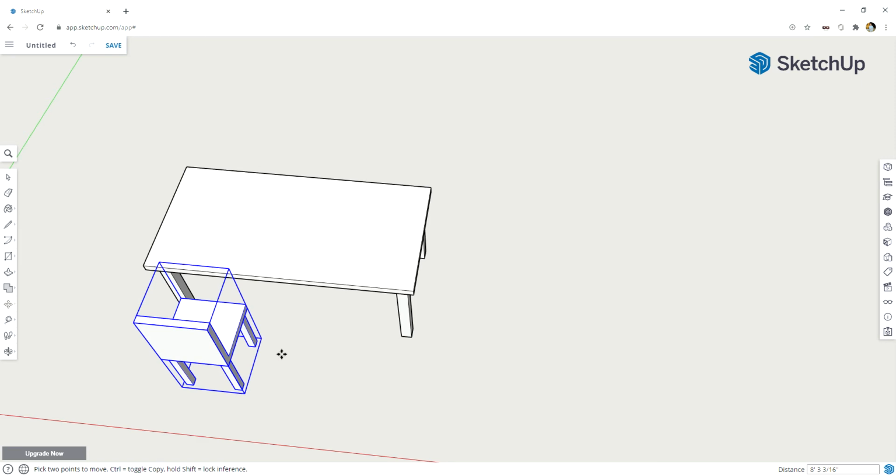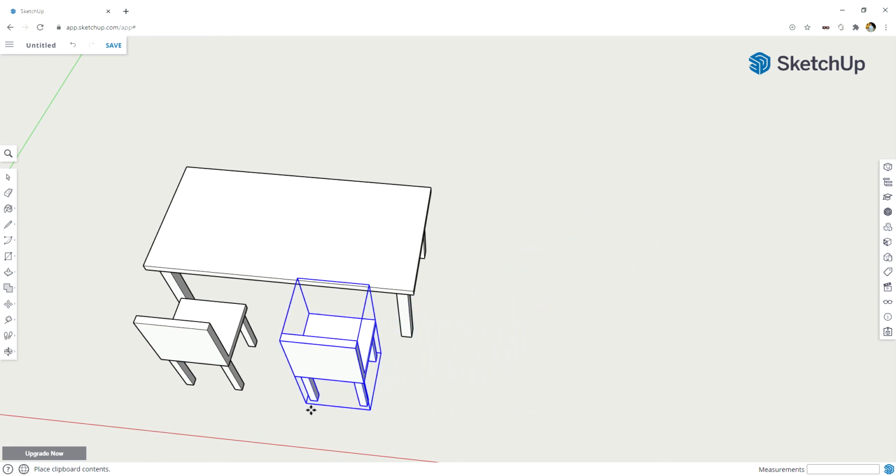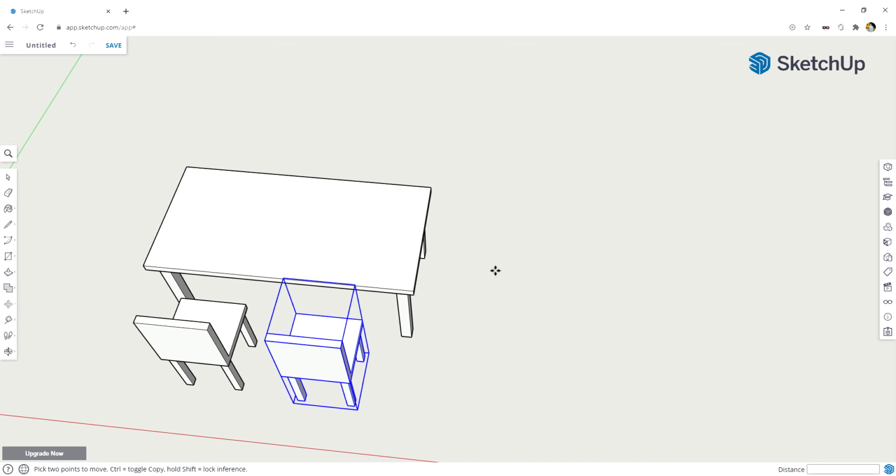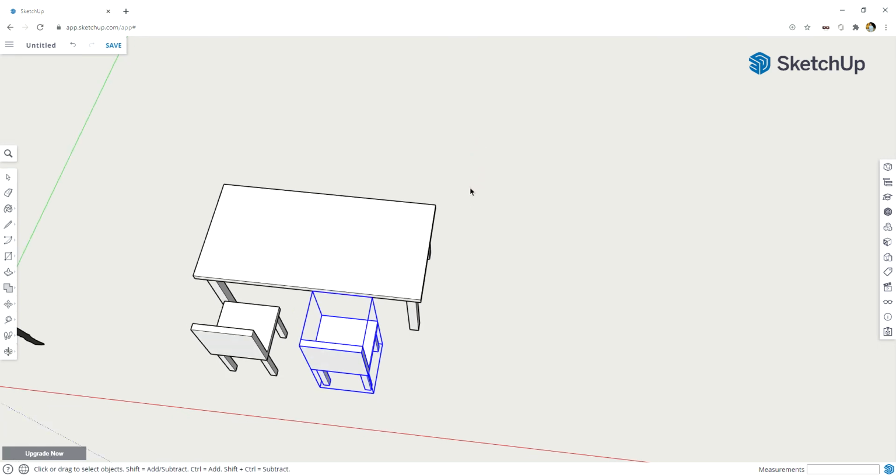Now on my keyboard, I'm going to hold Control and press C, and that's going to let me copy it. So now I can click outside of there and press Control V, and Control V is paste. So once you have Control V pressed, you just need to click where you want it to go. I'm going to press Control V again over on this side,